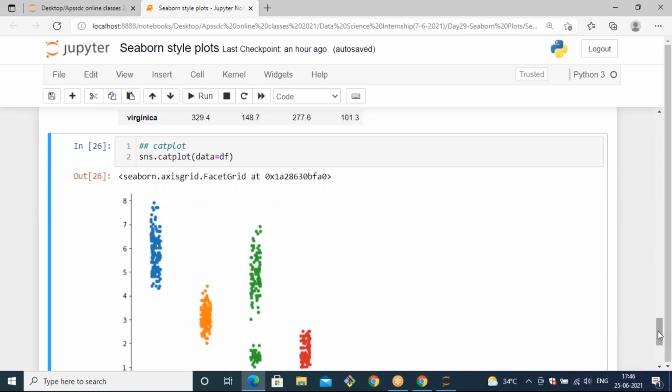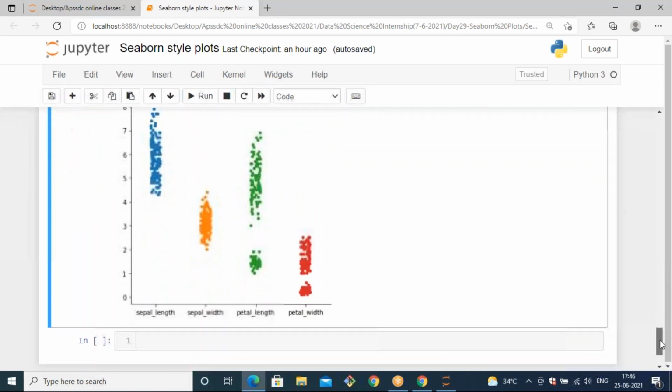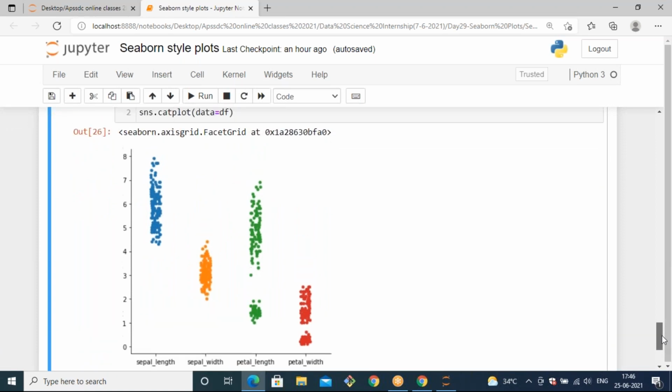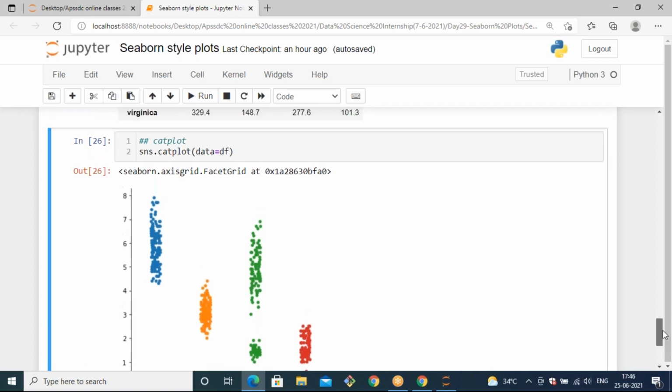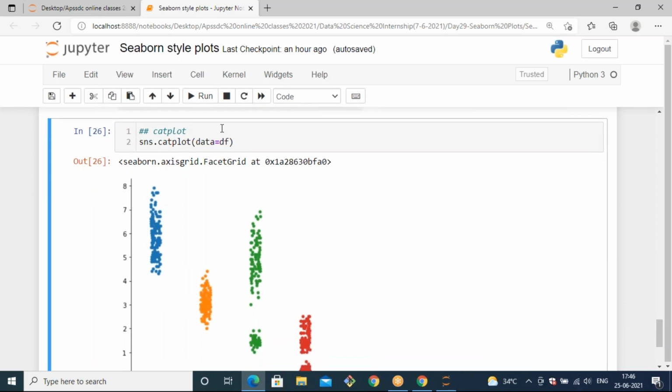Based on this, it will generate a plot, and if you observe the result, it plots the entire data frame, other than species. Other than species, it will generate all the features. When it comes to categorical scatter plots, there are the strip plot and the swarm plot. If you don't mention any plot here, it will take the strip plot by default. The strip plot is one of the subplots of scatter plots, and it generates scatters only.